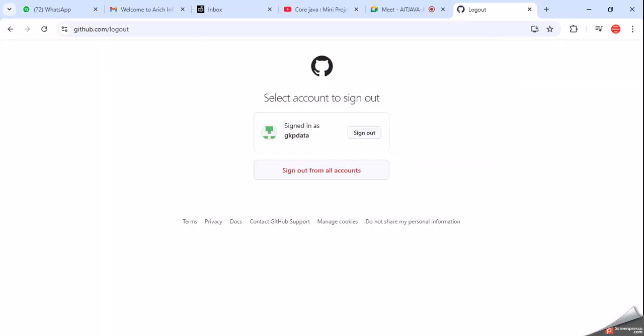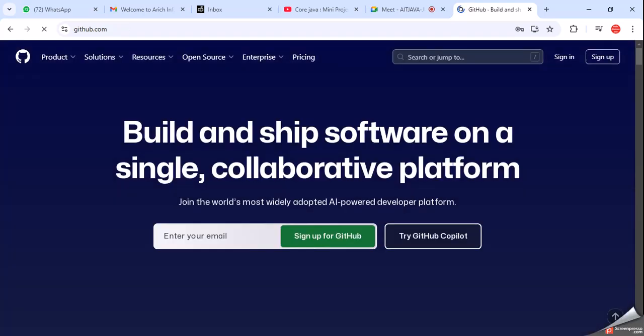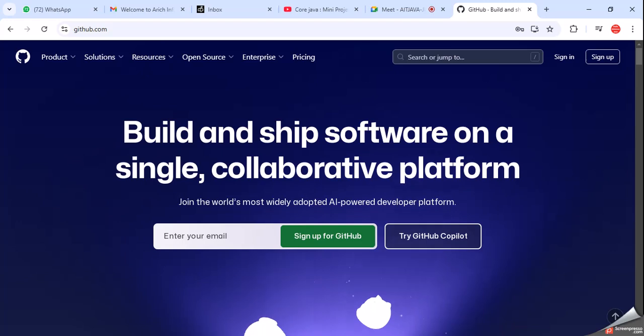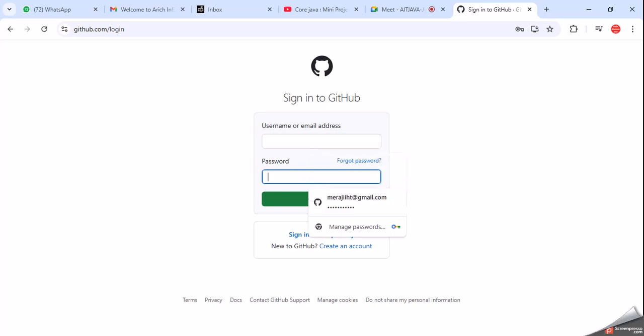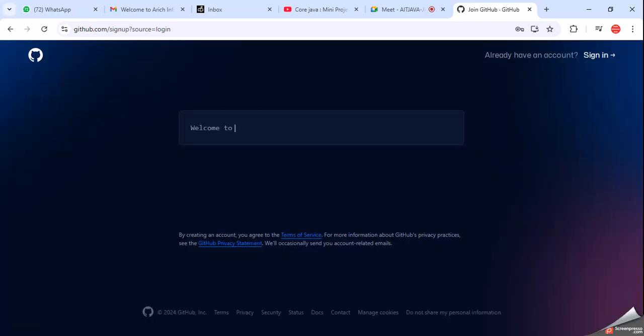Actually, I have already signed in. Suppose we want to sign in, first of all we will sign up. If we already have an account, you can sign in. You can put your username and password and click on sign in. But suppose you are a new user, so you can create an account here,